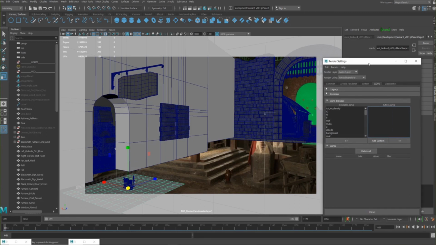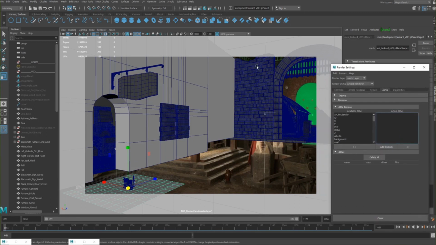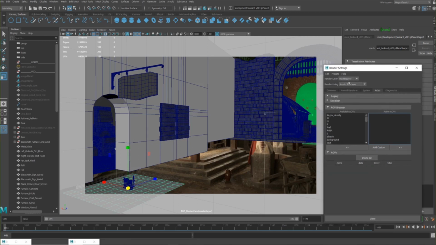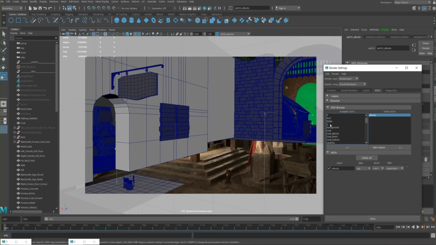So we would have about 4. Actually, let's make it 3. So everything on the right, that'll be a separate one, because we'll include different IDs or probably just a crypto map, something like that. So when we're adding different render layers, we need to think, do we want to build this render from scratch in comp? If that is the case, then in Arnold, we probably want to add in an albedo. That'll be our base color, and a specular. It would be cool to have specular direct and indirect, so to control the primary and then secondary rays of